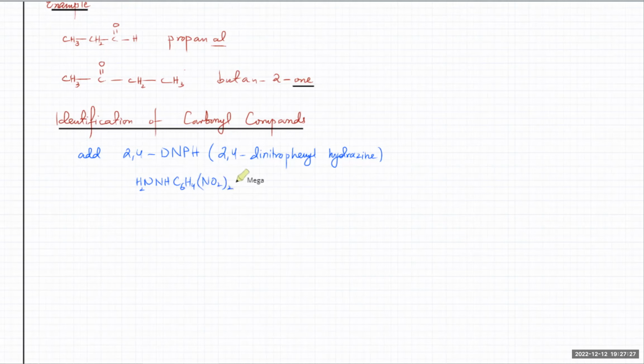These are different ways in which the same molecule is represented, and they might actually draw the full displayed formula as well. So it's this thing